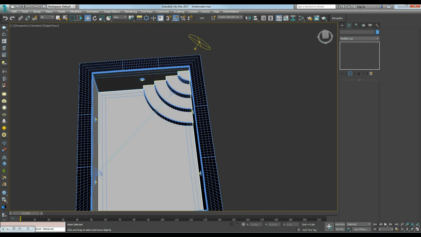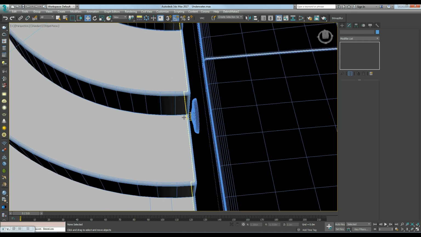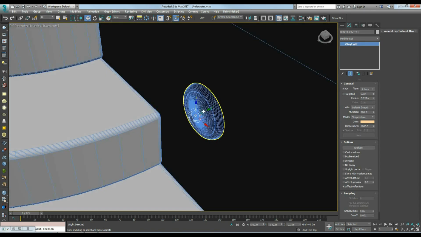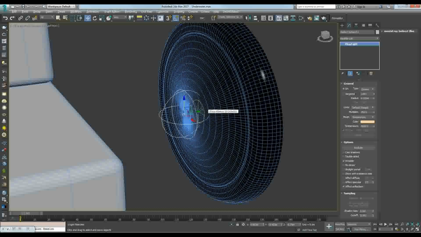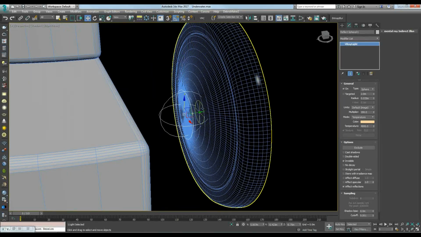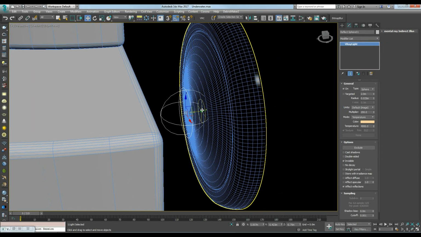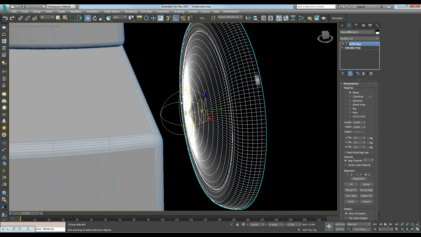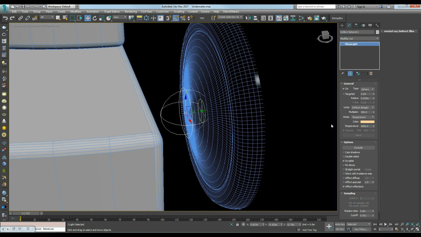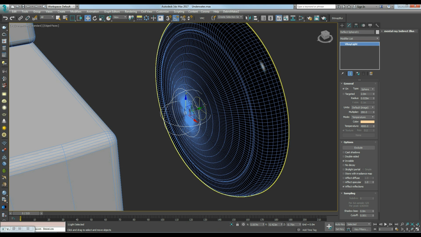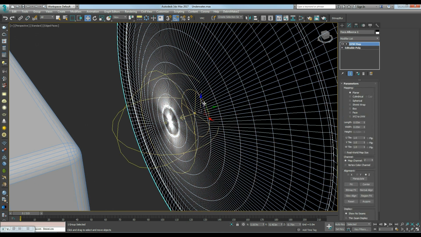I'm going to show you here that I'm using 2 lights because I like the reflections caused by this sphere light over here. As you can see, it is invisible. It doesn't cast shadows or affect diffuse or specular. It only affects reflections, because I like the result with this sphere light the most.